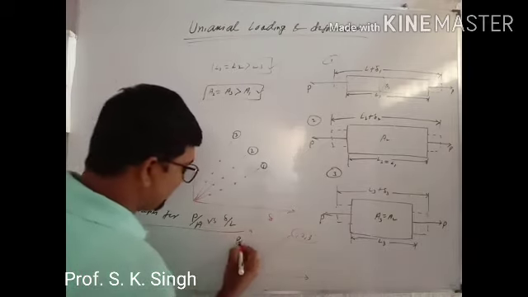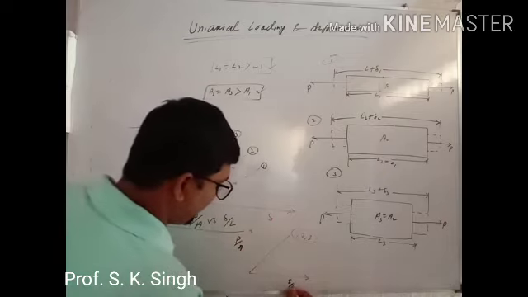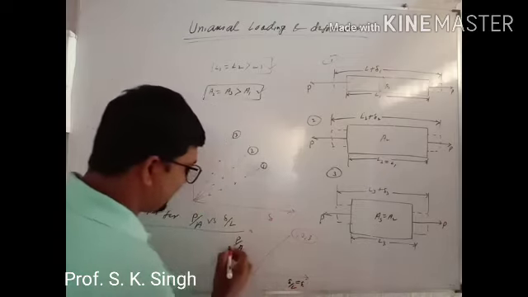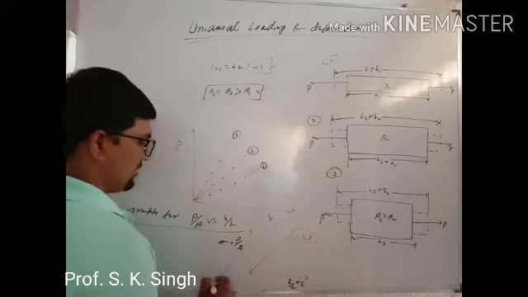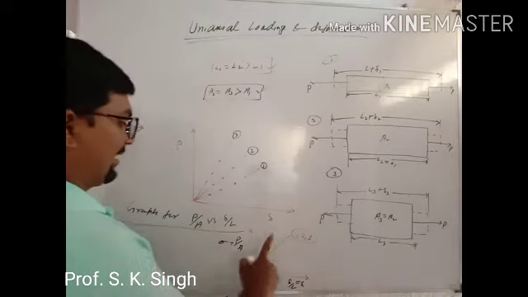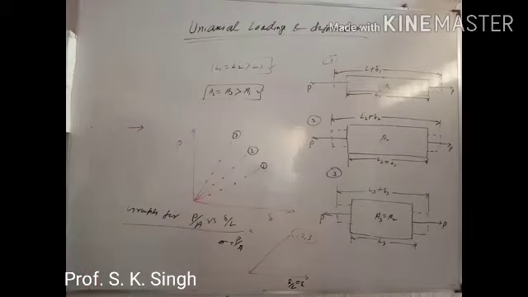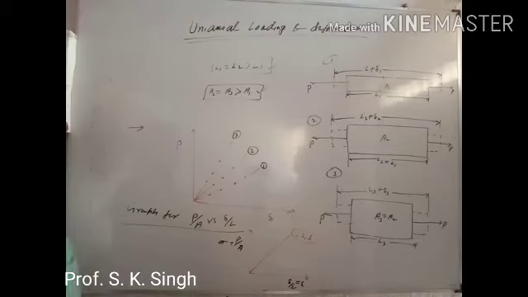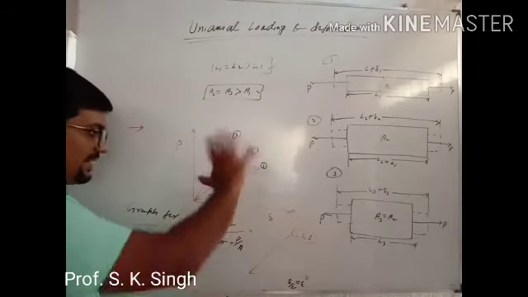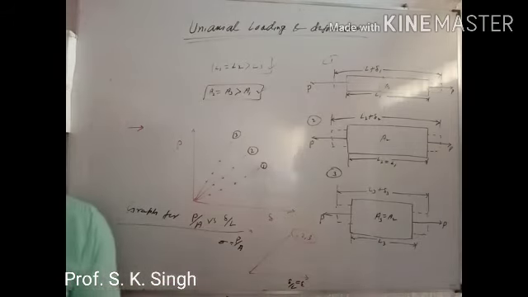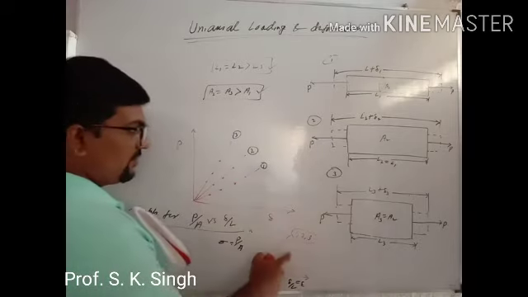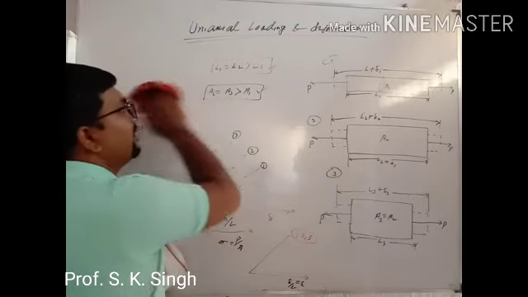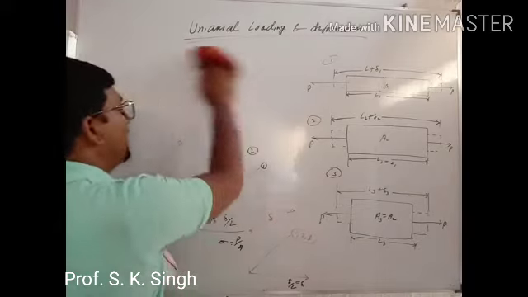You can write this P by A as stress, and lambda by L as strain. So only one diagram you will get for uniaxial loading. If you go for this analysis, what are the things you get? The slope of this graph, what will it give? You know already. It will give the modulus of elasticity.